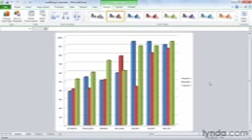And you might do this if you want to get a bigger printout. Maybe you just want to see it a little bit more clearly. Maybe you want to print out just the chart and you don't want any of the underlying data getting in the way. Now if you change your mind and maybe you want this chart back on the data sheet, sure,